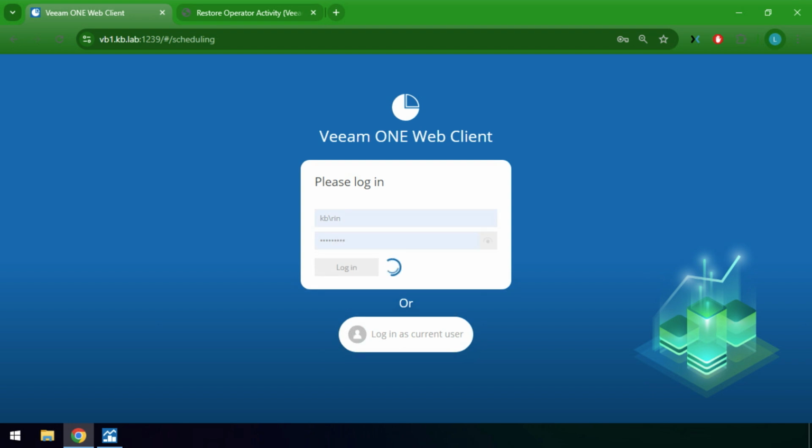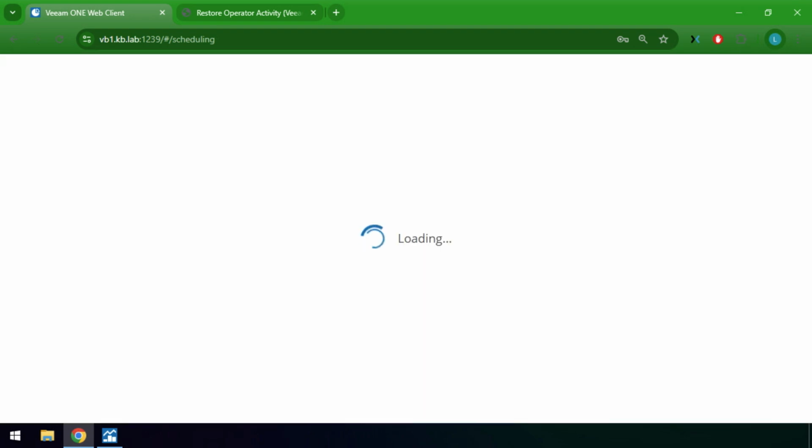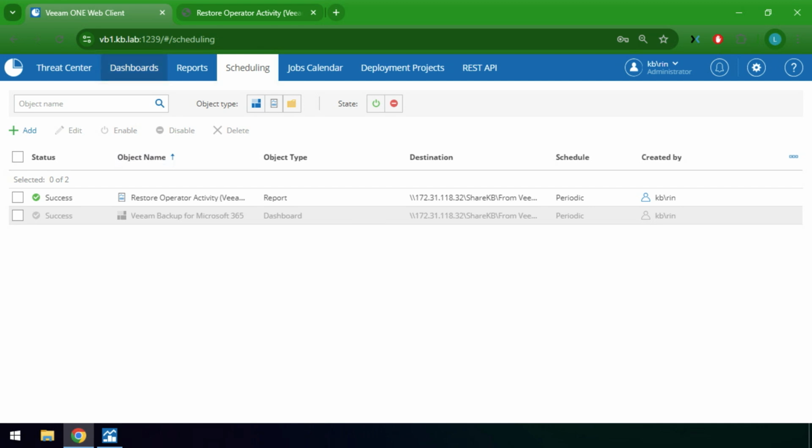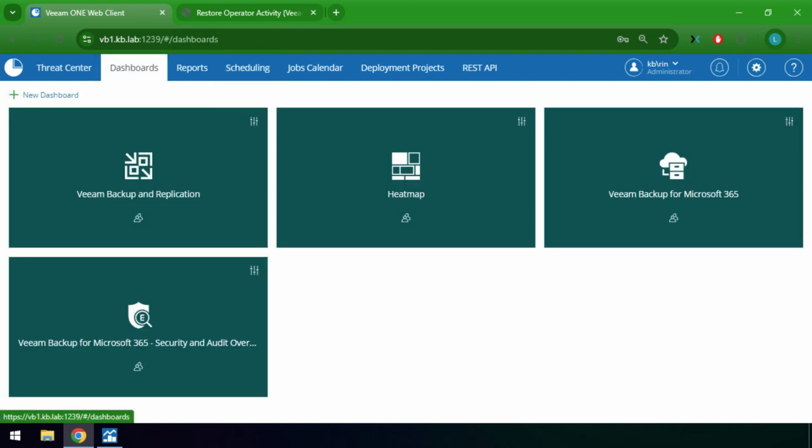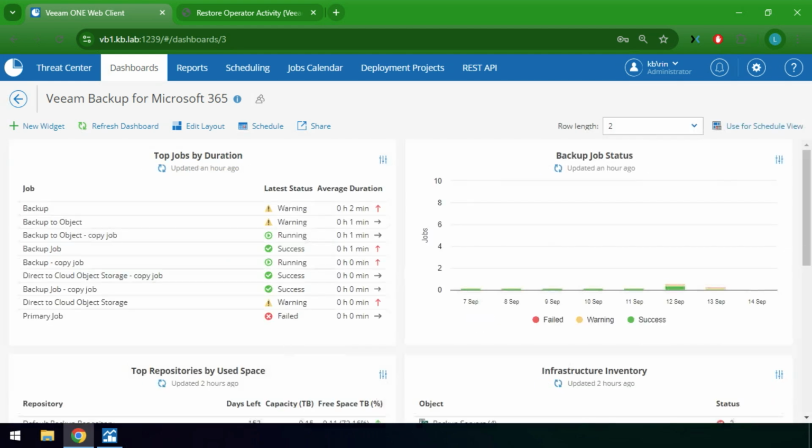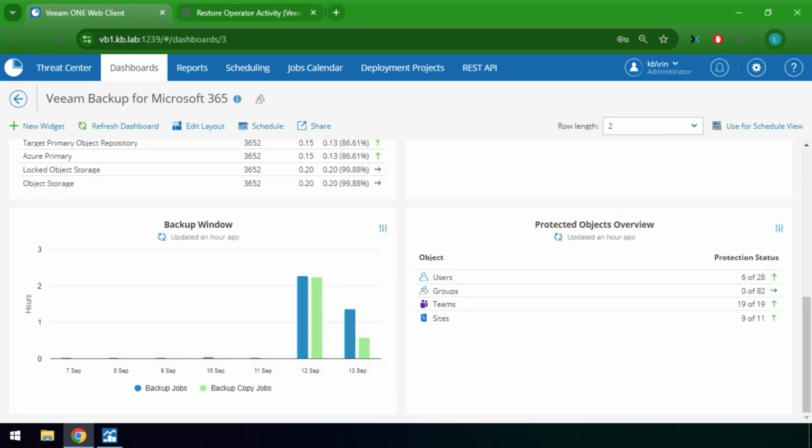Next, let's take a look at the Veeam One web client. There are some built-in dashboards for these different areas, including the Veeam Backup for Microsoft 365. These are what I like to refer to as your coffee windows. You can come in and have a high-level overlook to see what your average duration is, whether it is above average, below average, whether your jobs have been successful, and how many of certain kinds of jobs you're reporting in your infrastructure.